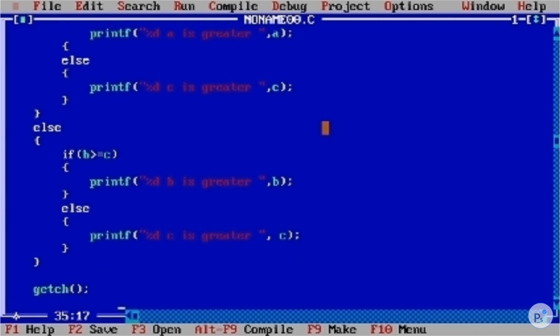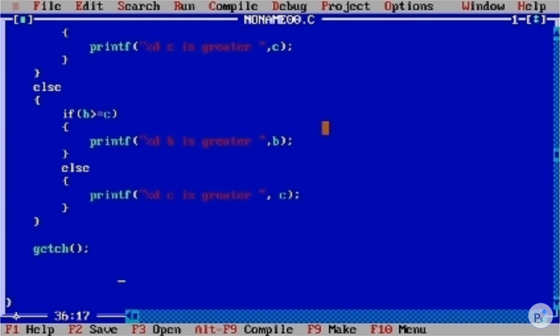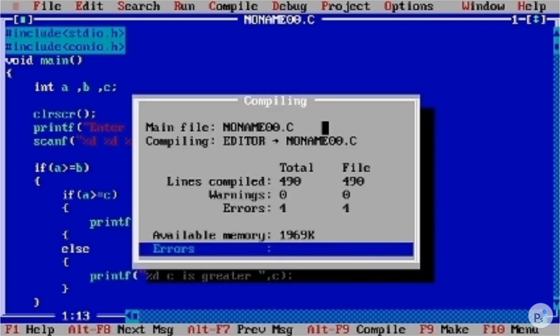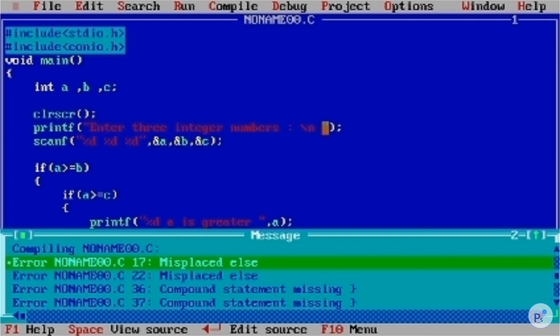Okay, I know it's very difficult to get at the first time, but when you take this down very slowly, you will understand it for sure. Okay, so there are some errors.